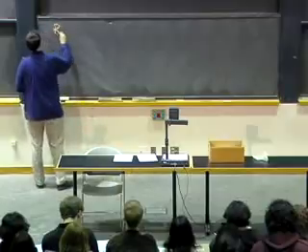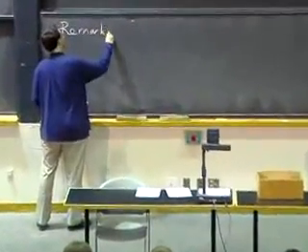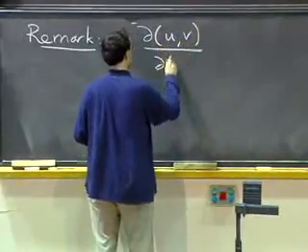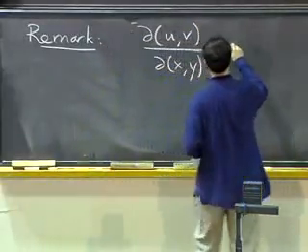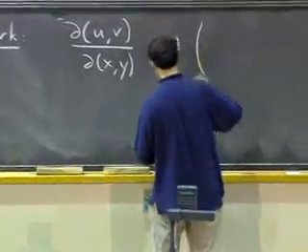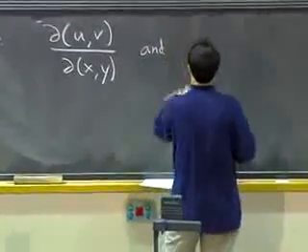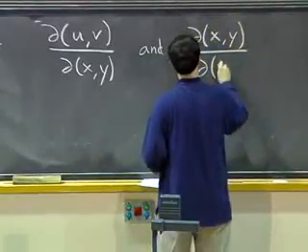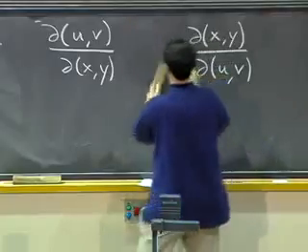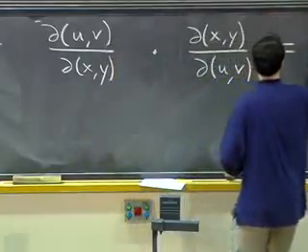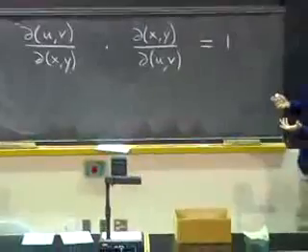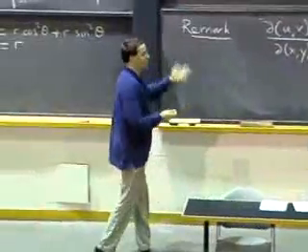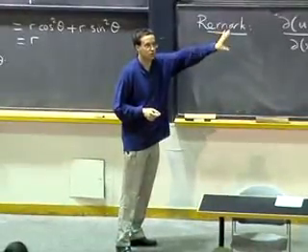Okay, so useful remark. So say that you can compute both of these guys. Well, then actually their product will just be 1. So, they're the inverse of each other. So it doesn't matter which one you compute. You can compute whichever one is the easiest to compute, no matter which one of the two you need.